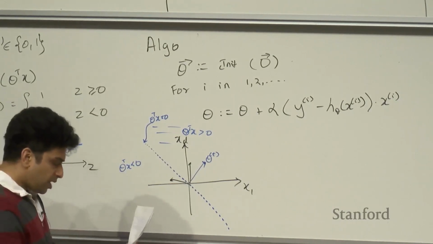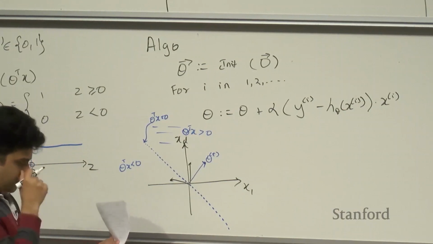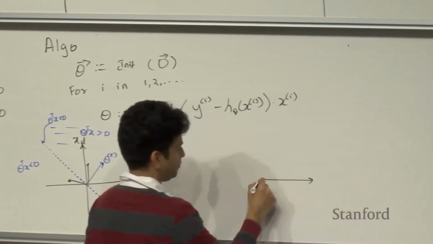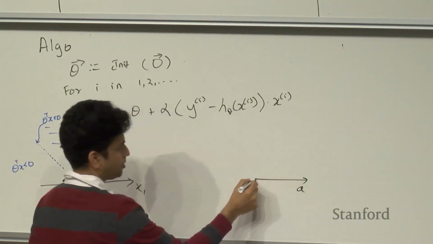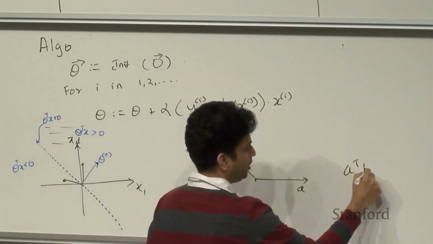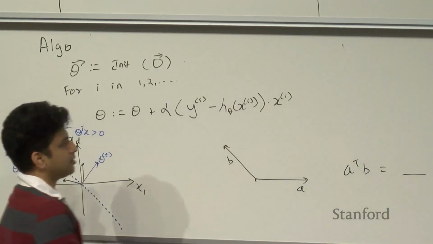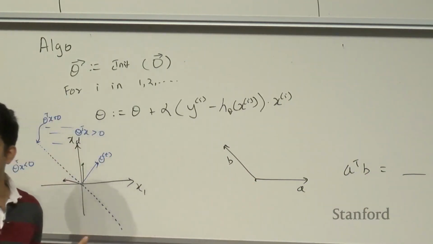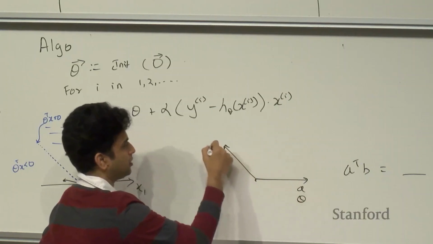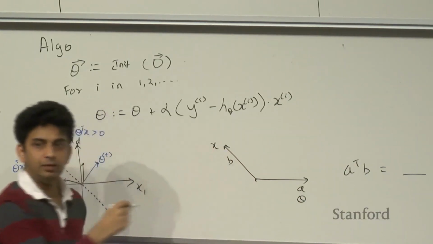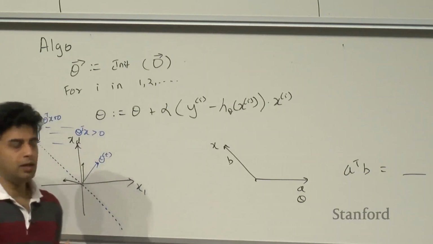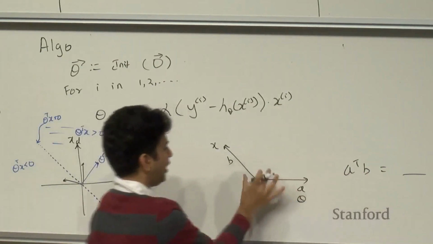Now, another intuition that we want to have is, let's assume you have two vectors a and b. This is some vector a, and this is some vector b, and a transpose b equals some value. Suppose a transpose b is some value less than 0. Let's assume this was our theta and this was some x whose y label was +1. We want theta transpose x to be positive. However, theta transpose x is a negative number because